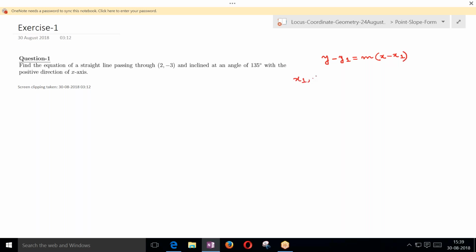Here, x1 and y1 are actually 2 comma minus 3, because according to the question, the straight line is passing through (2, -3), so that becomes our (x1, y1). And it is inclined at an angle of 135 degrees. That means what is m? m is equal to tan 135 degrees. Okay, so what is the equation of the straight line then? y minus y1. So the equation of the required straight line